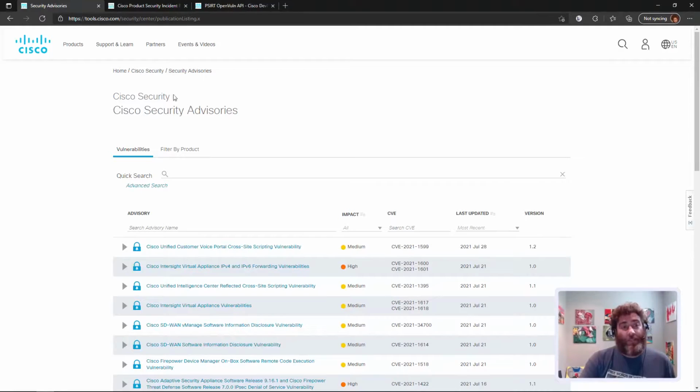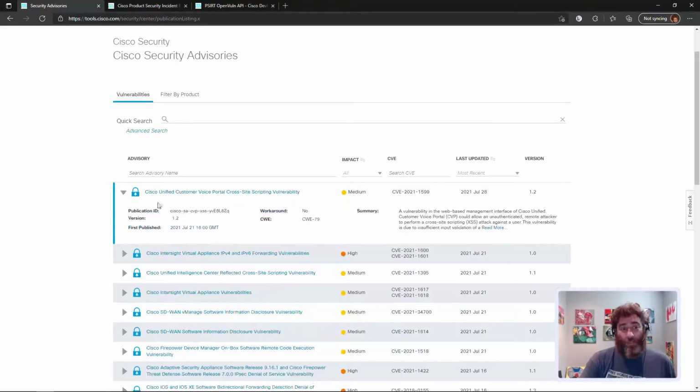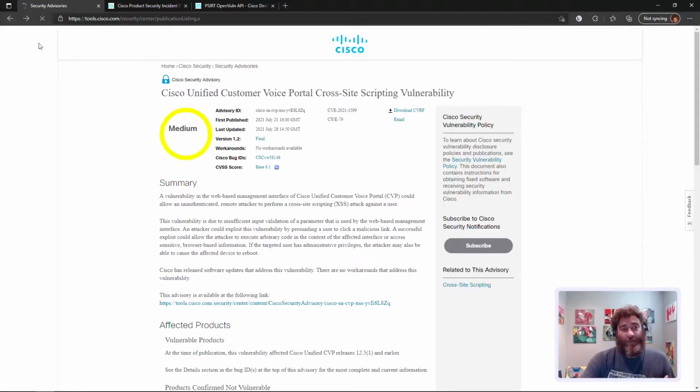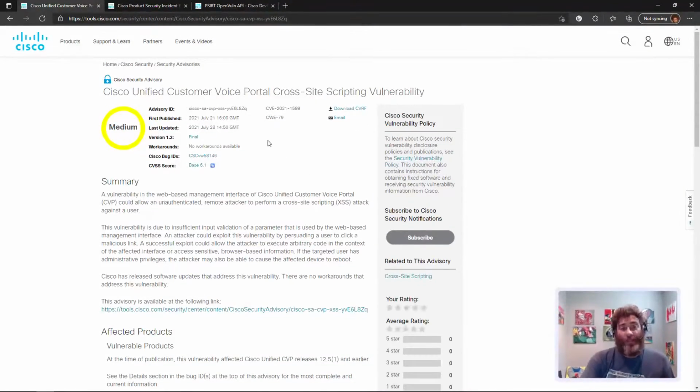So let's quickly take a look at the ecosystem. This is the security advisories publication listing, and we can sort them by high, critical, whatever. The CVEs, last updated, the version, and we can expand these and get different information. Well, we can do this through an API and get all of this back as JavaScript object notation. But wouldn't it be great if instead of something like this, which is pretty good, let's have some fun with it and make an actual